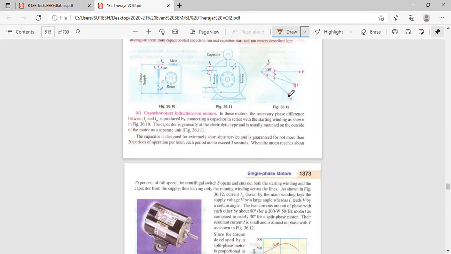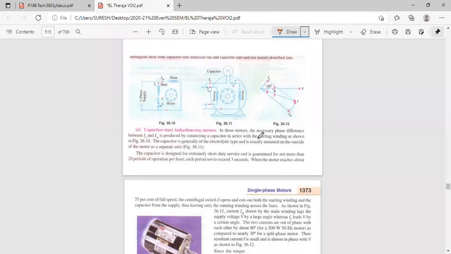Now see, the angle in between IS and IM is increased due to adding of the capacitor. That's why you use a capacitor in your ceiling fan. Are you adding a capacitor in your fans or not? Do you know or not? Why you are adding a capacitor in a ceiling fan: for creating the torque, for rotating the rotor, because your ceiling fan is not self-starting. So to make it self-starting, we add the capacitor. Without a capacitor, you do not have a working ceiling fan. Capacitor is compulsory for starting torque, to make it self-starting.